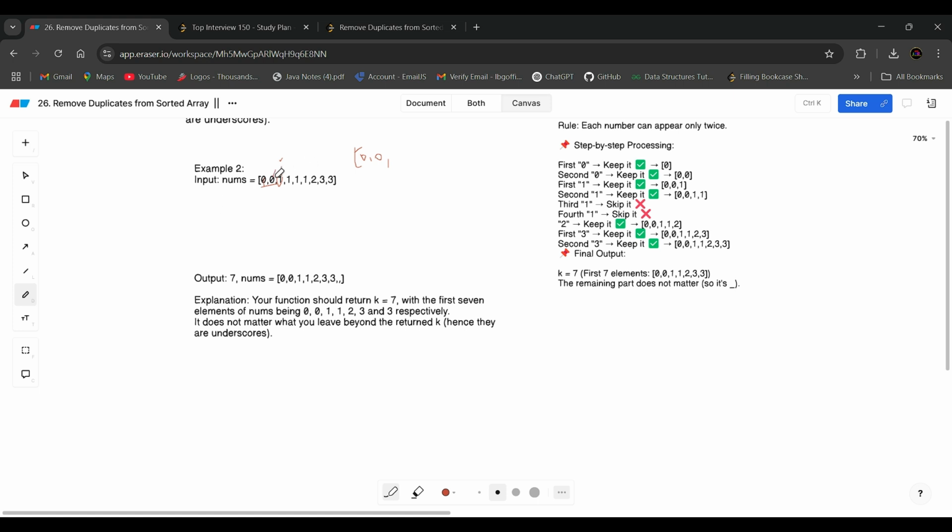Here 1 is not equal to 0, so 1 is present, because it's not equal. Then this next one is i, this is i minus 1 and this 0 is i minus 2. Again 1 is not equal to 0, so this 1 appears once. Now this one is i, and this is i minus 2.